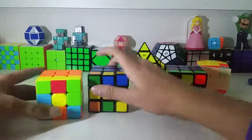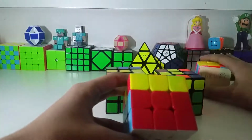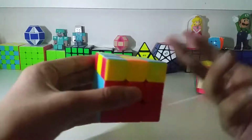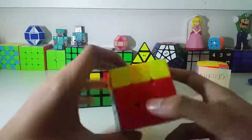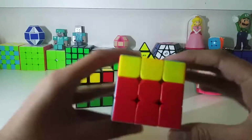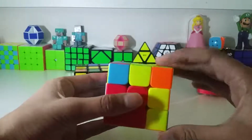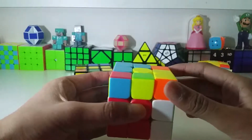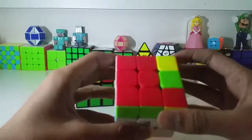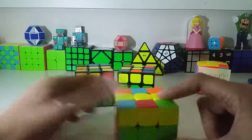So, let's start with the dot case. For this, we're going to be using the algorithm over here. Let me just move these cubes. For this, you can literally face in any direction you want. I'm just going to face it with the red side facing towards me, and we're going to do this algorithm. F, U, R, U prime, R prime, F prime. As you guys can see, I now have the line case,